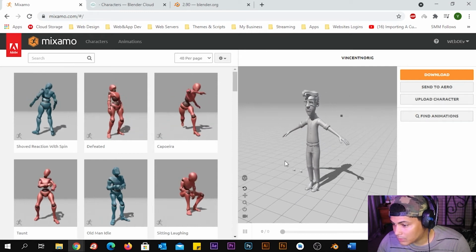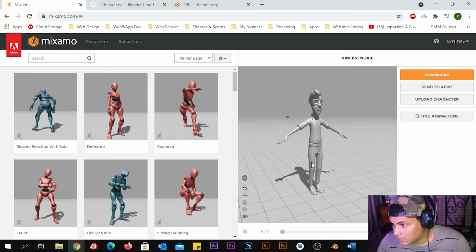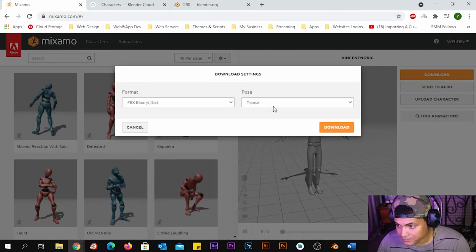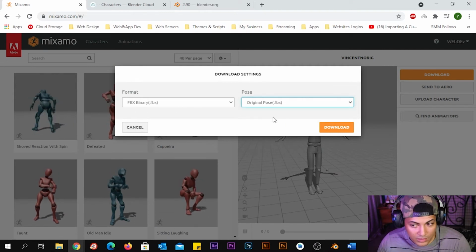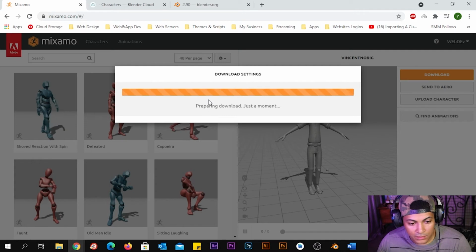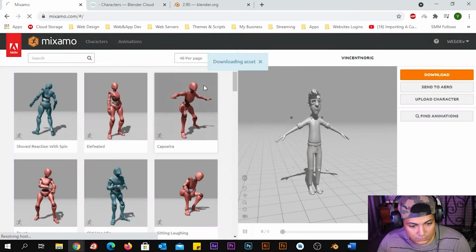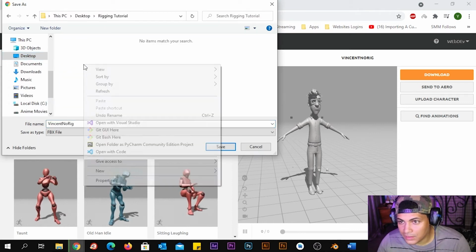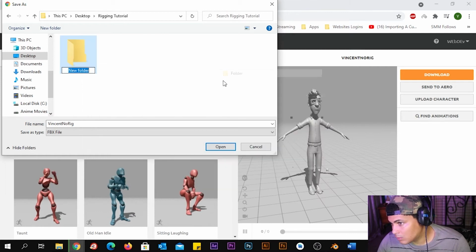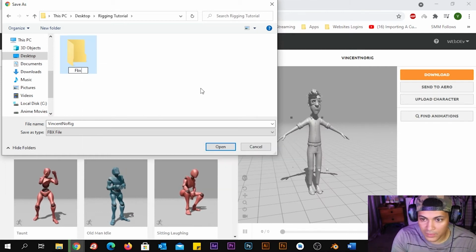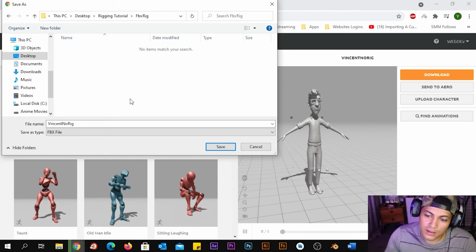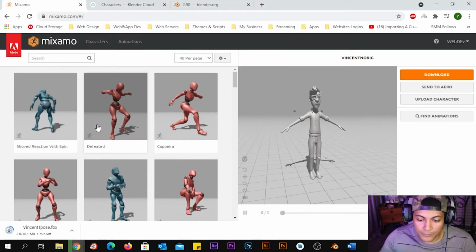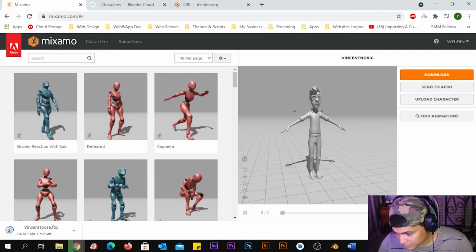Now the first thing that you actually want to do is save this rig as is. So click download, original pose, and you save it as FBX. Go to the section where you want to save it, and let's make a new folder just to keep everything organized. We'll call this FBX rig, and we'll call this Vincent T pose. So while that's busy downloading,